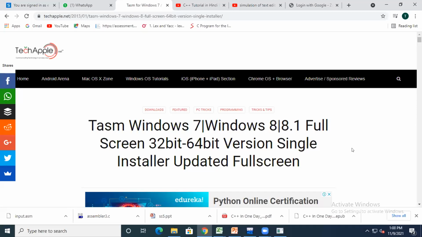What is TASM actually? What is the property of the TASM, why are we using it here, and you had already used it in microprocessor programming. So why? Anybody can share their view in the chat box. What is the property of the TASM? Why are we using that TASM? So this is the basic function.